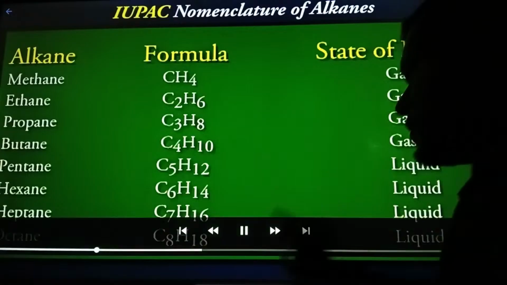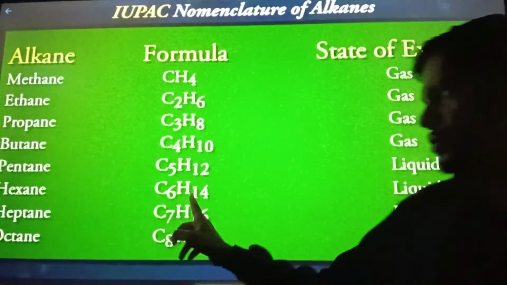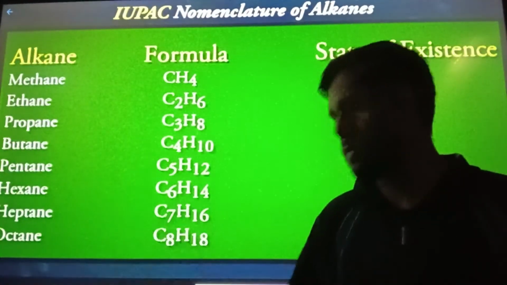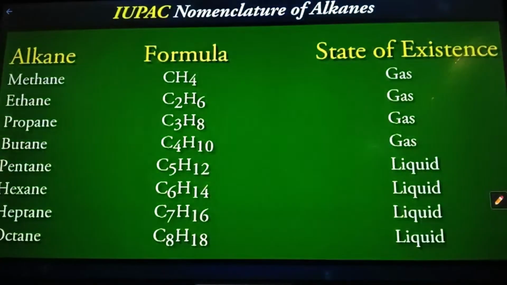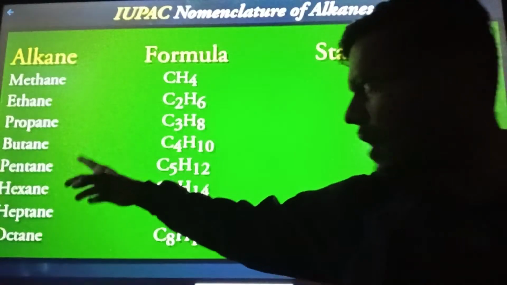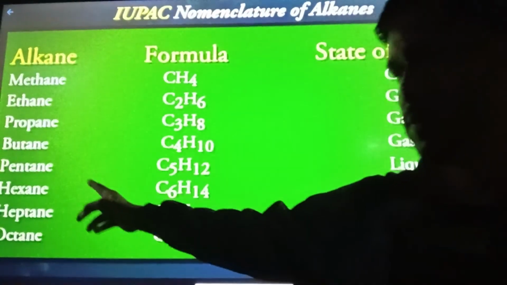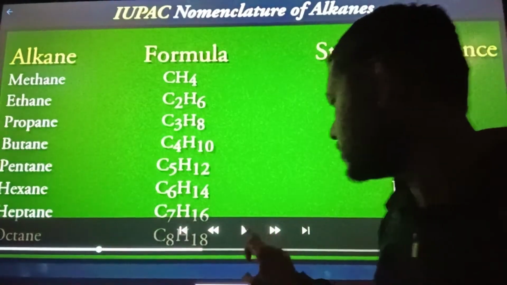कहने का मतलब ये है कि IUPAC में CH4 से लेकर C4H10 तक जो नाम दिए गए हैं वो ट्रिवियल नाम दिए गए हैं, मतलब उनके अकॉर्डिंग दिए गए। उसके बाद जितने भी नंबर ऑफ कार्बन होते हैं उसके अनुसार हम बोलते हैं। जैसे 5 पे पेंट होता है, 6 पे हेक्स होता है, 7 पे हेप्ट होता है और 8 पे ऑक्ट होता है। बट ये जो मैथ, ईथ, प्रोप, ब्यूट है ये वहीं के नाम लिए गए हैं, इसलिए यहाँ तक वही चलता है। फिर नंबर के अकॉर्डिंग पेंट, हेक्स, हेप्ट और ऑक्ट हो जाता है।